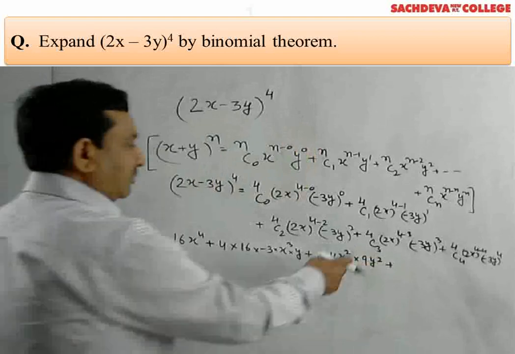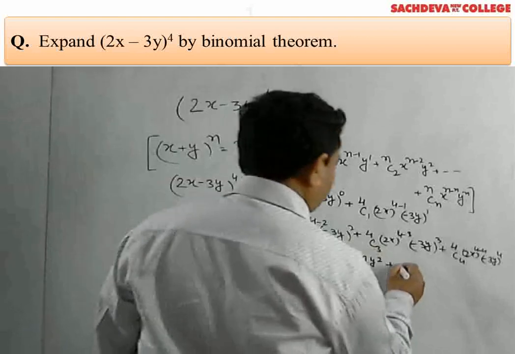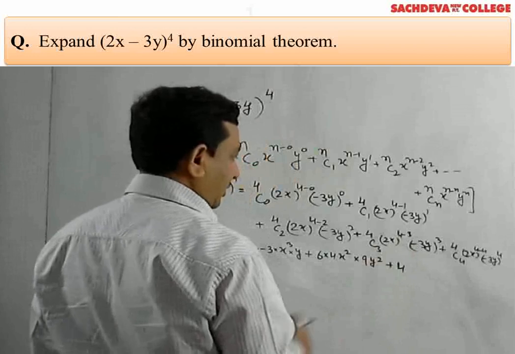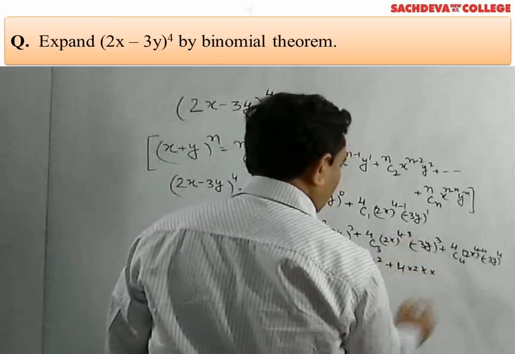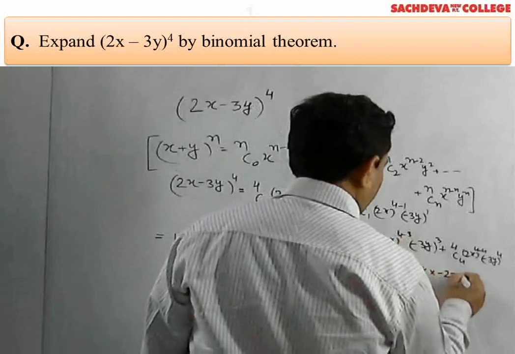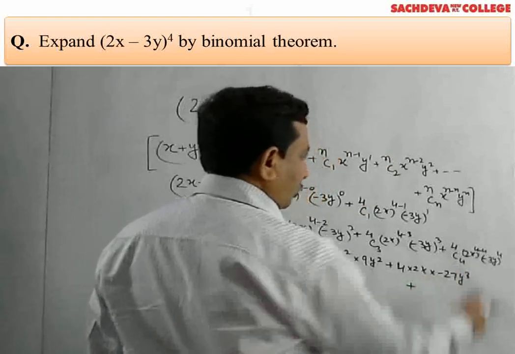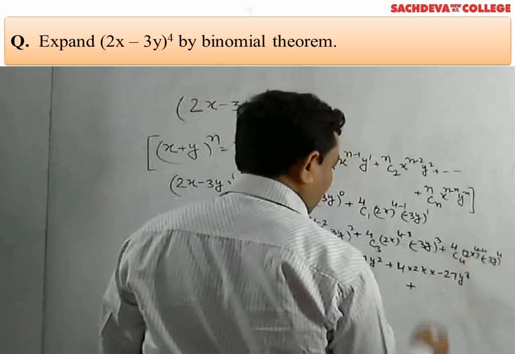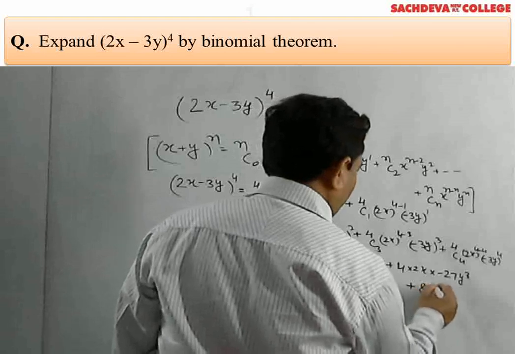4C1 is equal to 4C3. So 4C3 will be equal to 4 into (2x) to the power 4 minus 3, which is 1. It means 2x into minus 27 y to the power 3 plus 4C4 is 1. (2x) to the power 4 minus 4 is 0. It means (2x) to the power 0 is 1 into (minus 3) to the power 4 is 81 y to the power 4